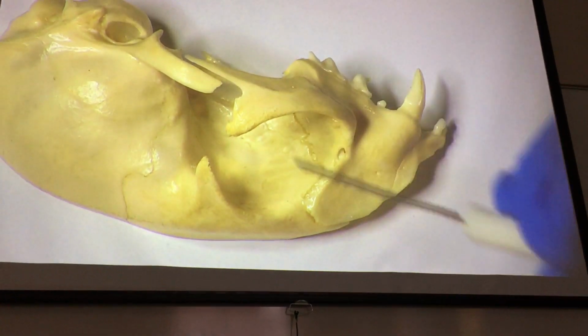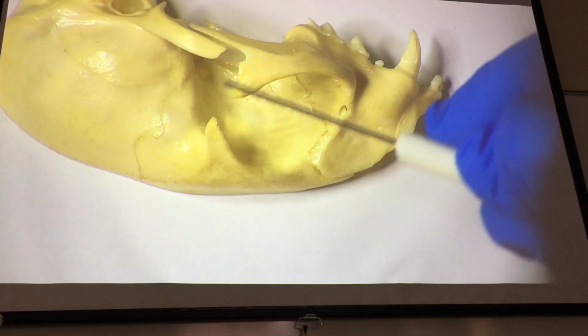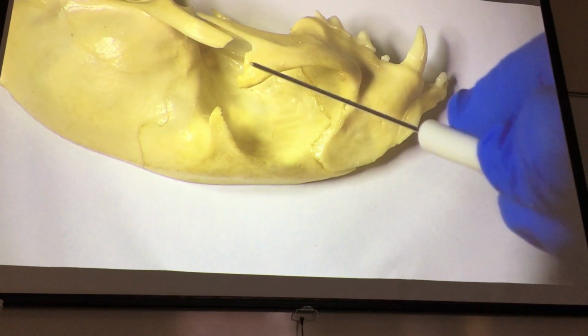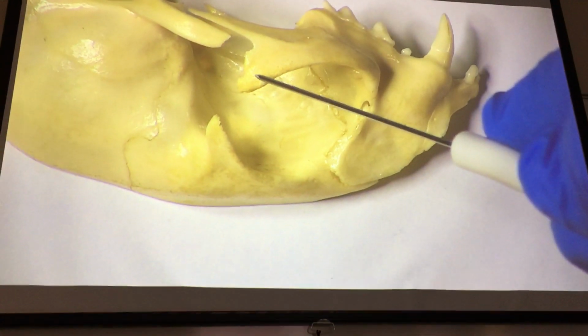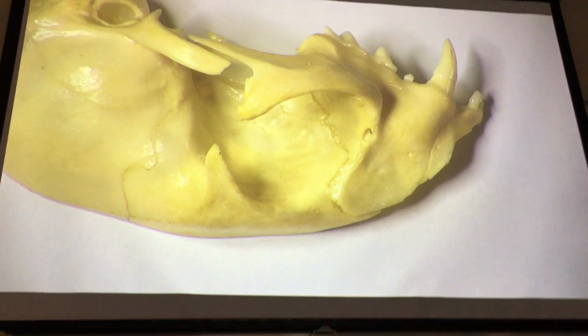All right, of course, here's the eye socket. So we have these projections behind the eye socket, post-orbital processes, inferior and superior. Getting into the